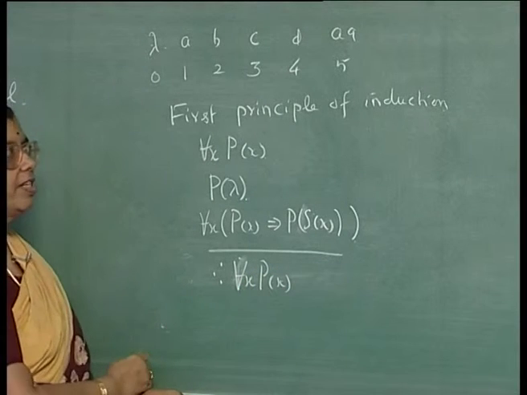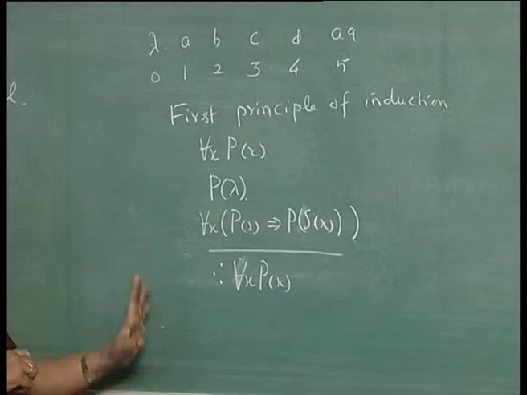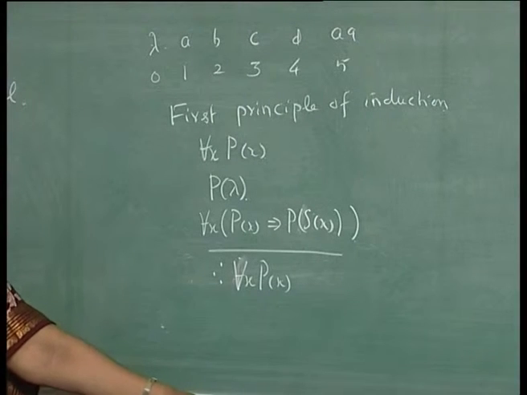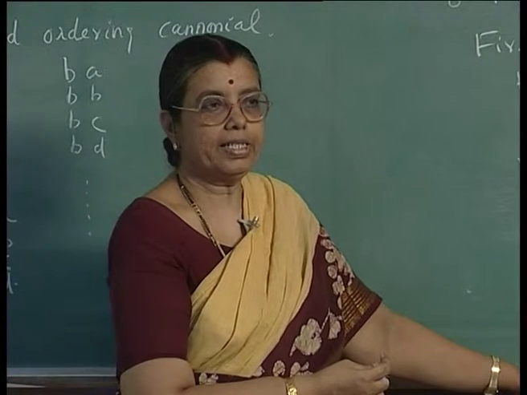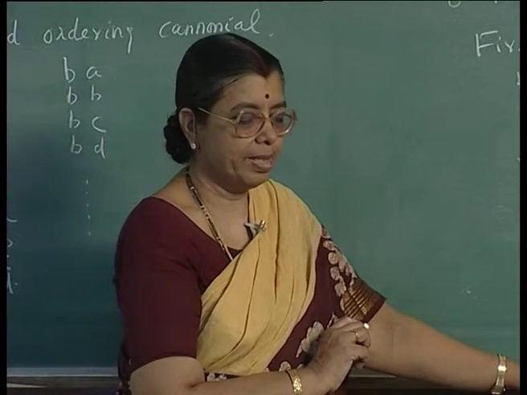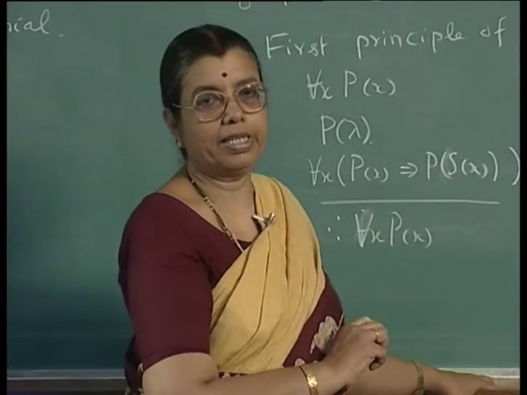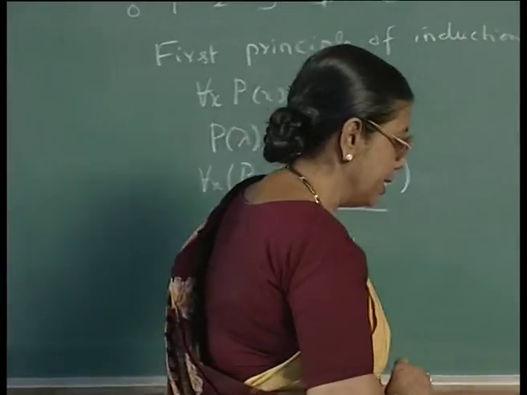This is the same as using the first principle of mathematical induction, and this can be very well applied. But you may have well orders where you cannot put the elements into one-to-one correspondence with the set of natural numbers. They may be well orders, but you cannot put them into one-to-one correspondence with the set of natural numbers. In that case, you may not be able to use the first principle of mathematical induction. You may be able to use the second principle. Let us consider this.